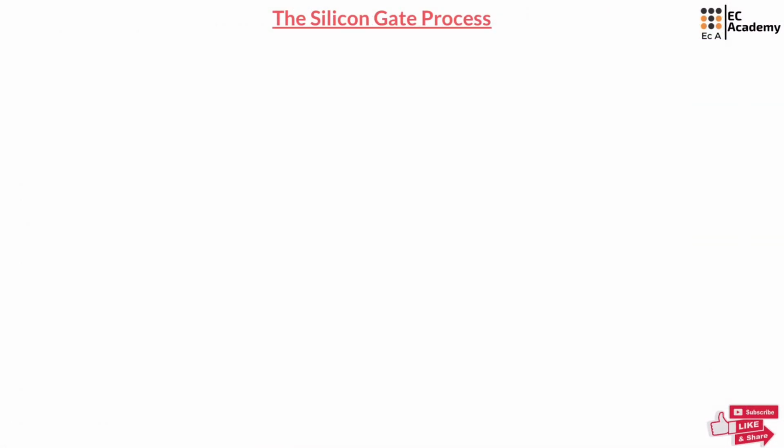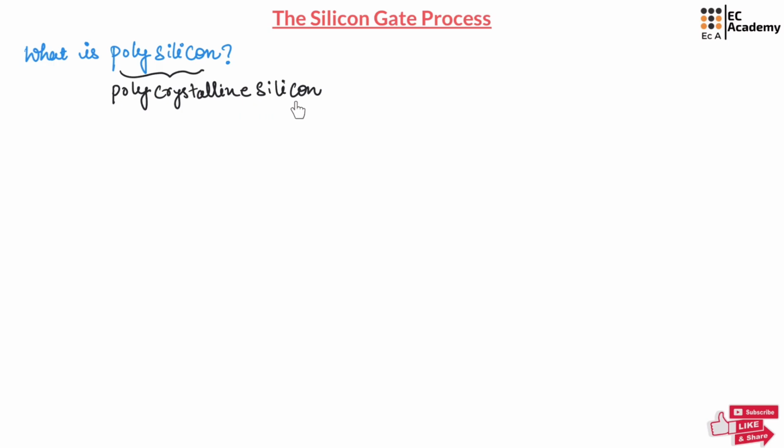In today's lecture, let us understand the silicon gate process. First, we'll understand what we do in this process. Here, we use something called polysilicon. So, what is polysilicon? Polysilicon is nothing but polycrystalline silicon, and this polycrystalline silicon plays a very important role